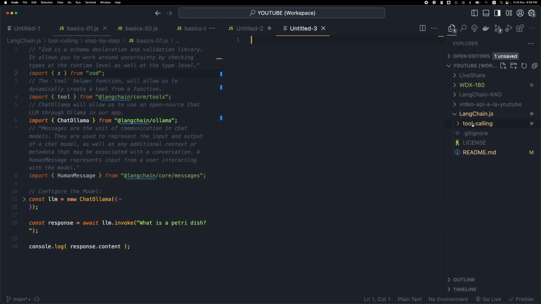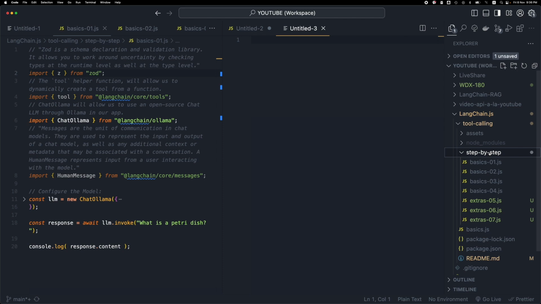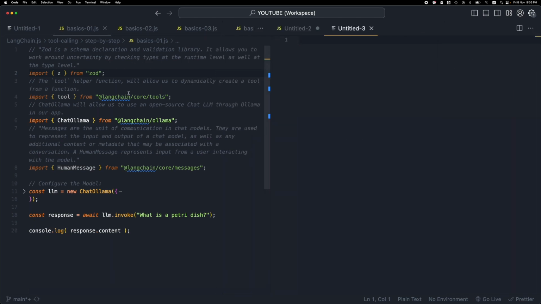There's a subfolder called tool calling, and inside the tool calling folder, there's a subfolder called step by step. In here, I have broken down this basic example in 4 steps, so that we can walk through each part of the process and see what's happening step by step. I'm going to start by going through step 1, and this is the code that is contained in the